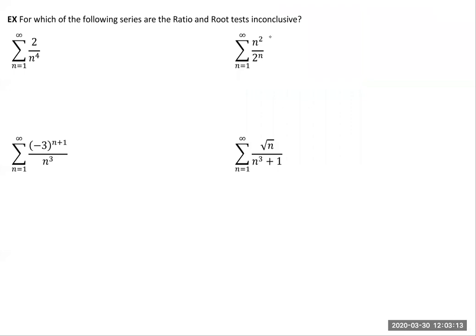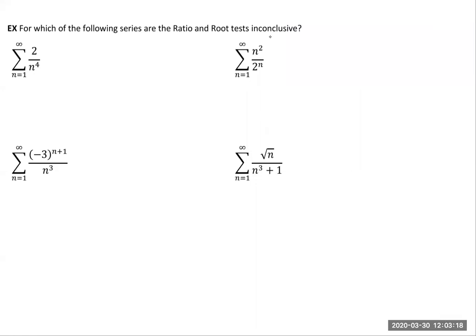Okay, so if you remember, the ratio test and the root tests both have this inconclusive possibility. So when does that happen? Maybe take a minute just to remember that. Well, the ratio test is this limit. It's the limit as n goes to infinity of the absolute value of a_(n+1) over a_n,